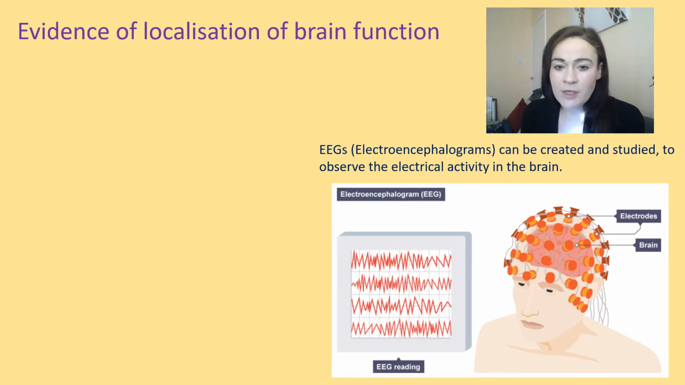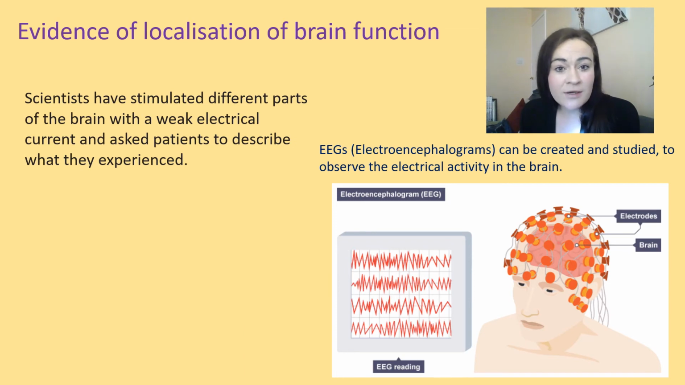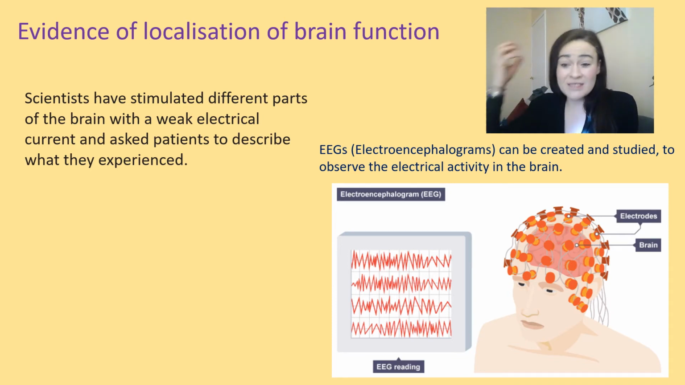Now this diagram here shows an EEG, and it's basically a person that's got electrodes hooked up to their head, and it reads the electrical activity in the brain. Now what scientists have done is they stimulate different parts of the brain with weak electrical current, so they can send a current into the different part of the brain, and the patient at this time is fully conscious, fully awake. I mean, it's not like proper electrocuting, they're going to feel it, but it does affect that